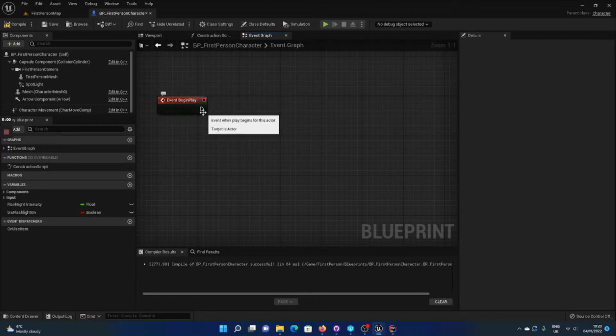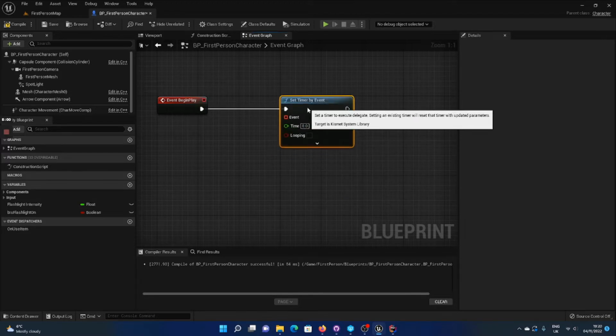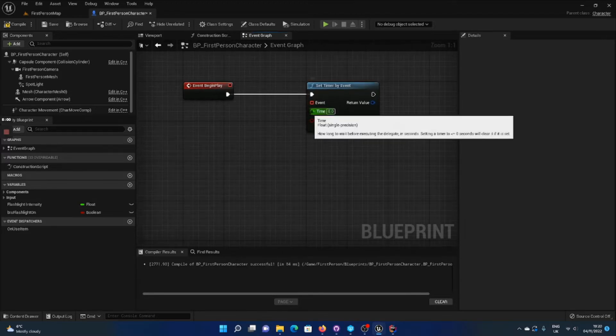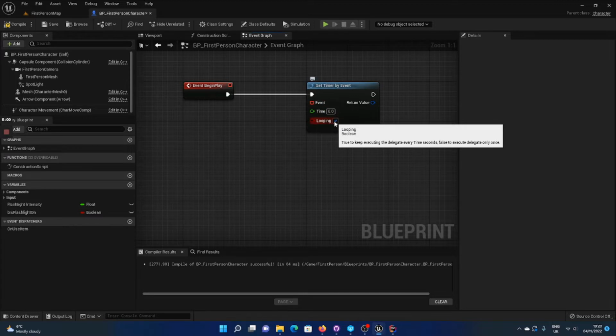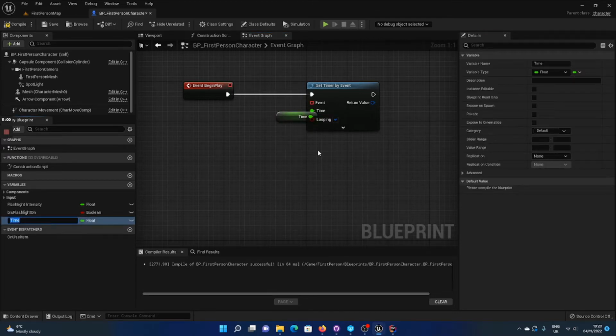So event begin play. Drag off this with left click, type in set timer, and you should have all these options. Now what we want is set timer by event, and we want this to loop, basically repeat itself. The time, let's just drag off this and promote it to a variable while we're here, and we call this flashlight decay rate,